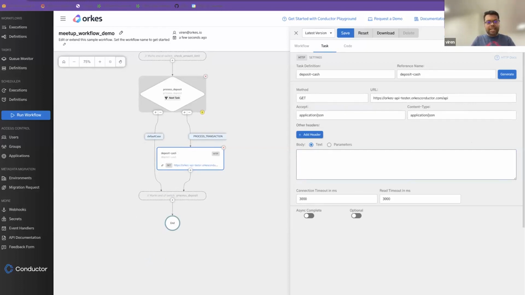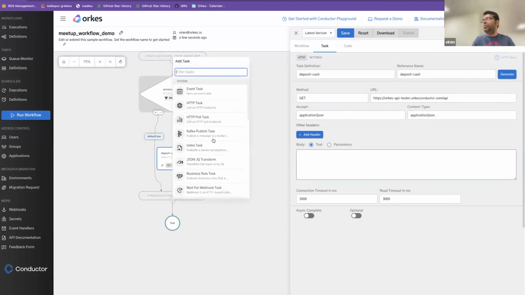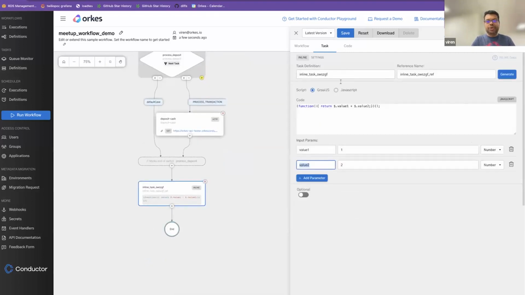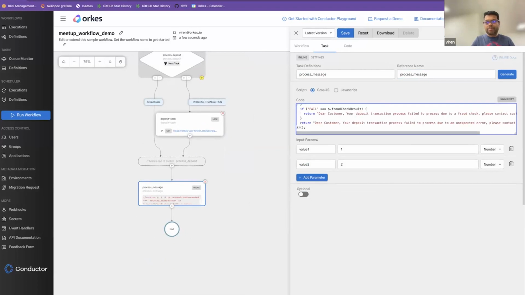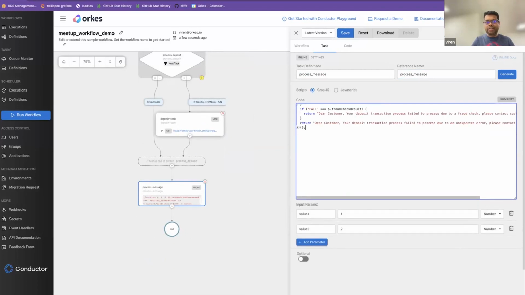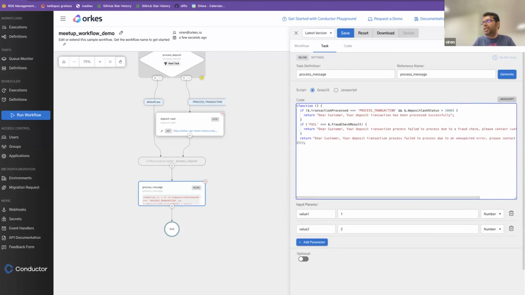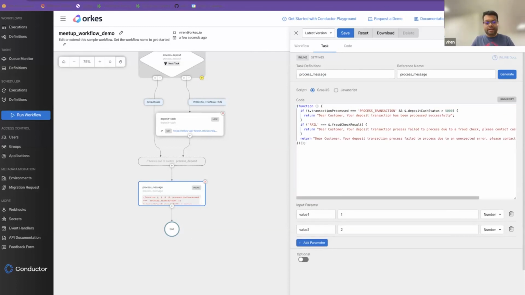And then we want to do some message processing here. So we are going to basically create an inline task. Inline task is a way in which you can execute JavaScript in Conductor. And what we want to do here is write a simple function. So what we are doing here is constructing a simple message, right? And depending upon the result of the fraud check, we are going to basically create the message that matches the